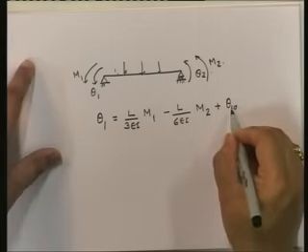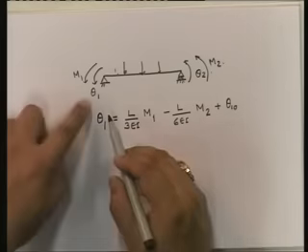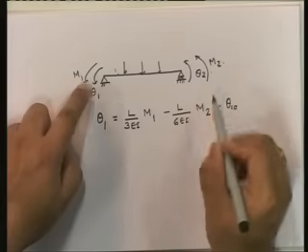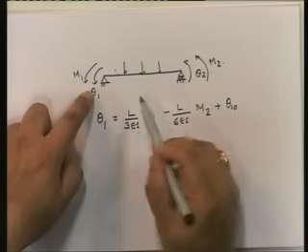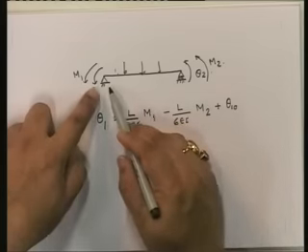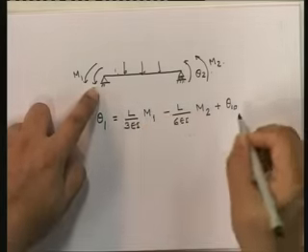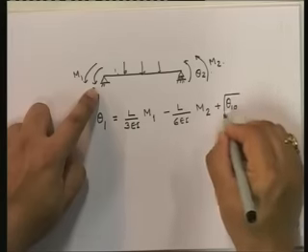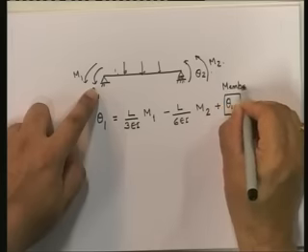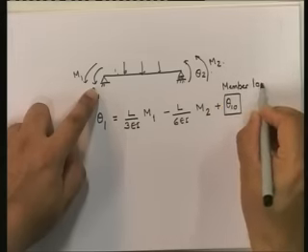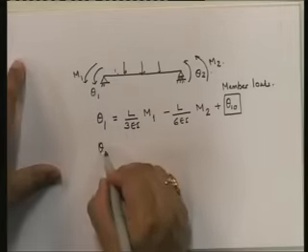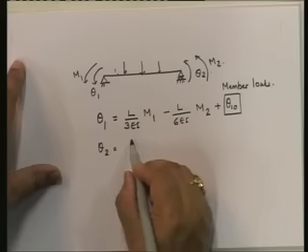Theta 1, the rotation here, would be related to M1, M2, as well as theta 1 0, which is the rotation at the left end due to the member loads. So similarly, theta 2 is equal to